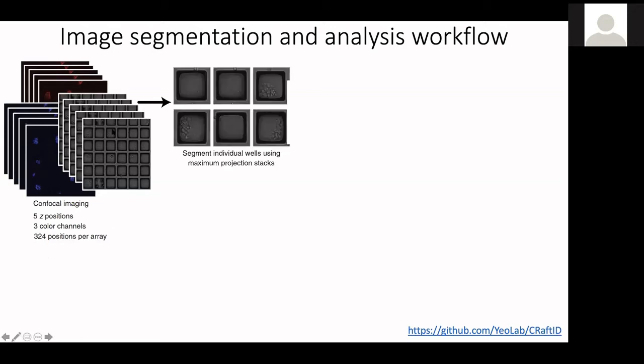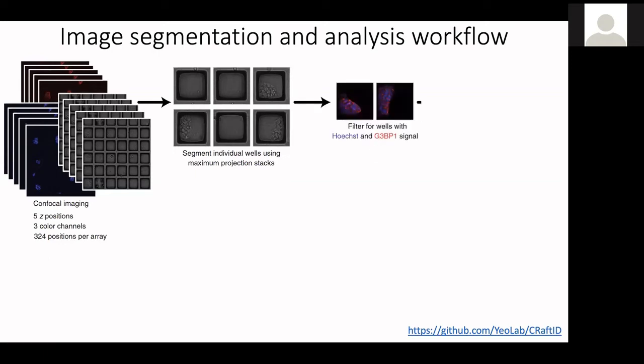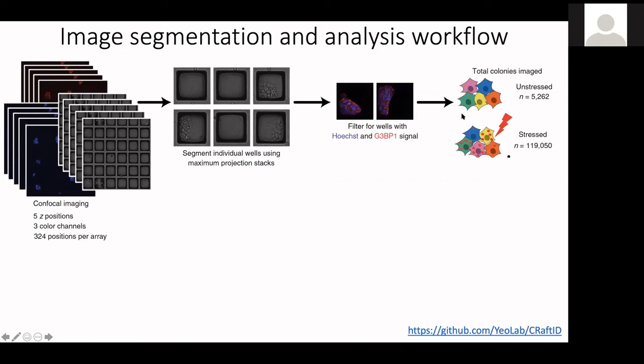So the way that this code works is we use this bright field image to find individual squares based on this really well-defined pattern. And then we cut these images up and segmented them on the individual squares. We then filtered out ones based on the G3BP1 and nuclei staining to get rid of wells that were empty, because we're not interested in analyzing those. And so in total, we had over 5,000 unstressed colonies as a control, and over 119,000 distinct stressed colonies that